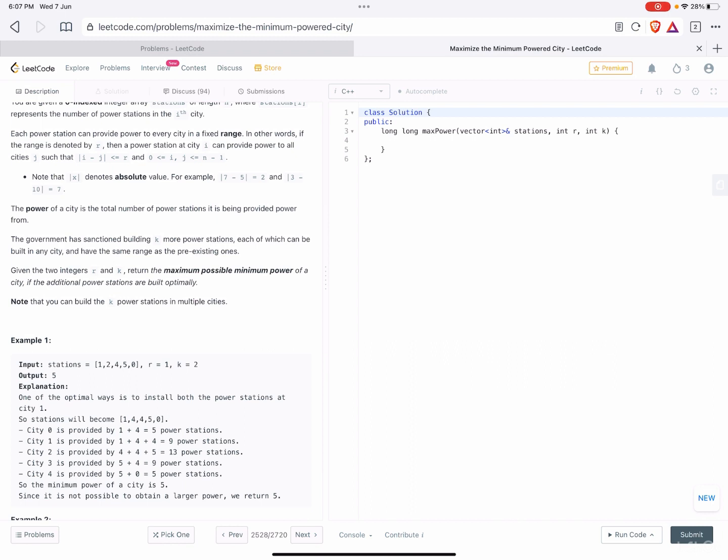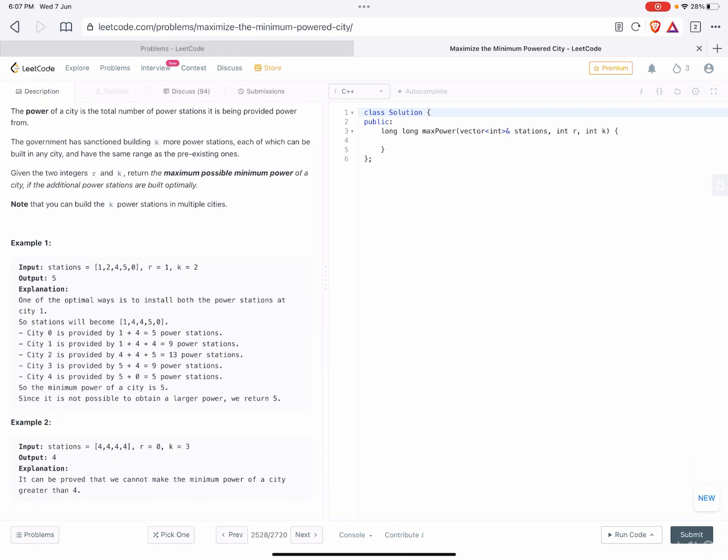First, let's say I have this example, stations 1, 2, 4, 5, 0. Here it is written that city 0 is provided by 1, and with k equal to 2, we are using both power stations on index 1. So the current array becomes 1, 4, 4, 5, 0.